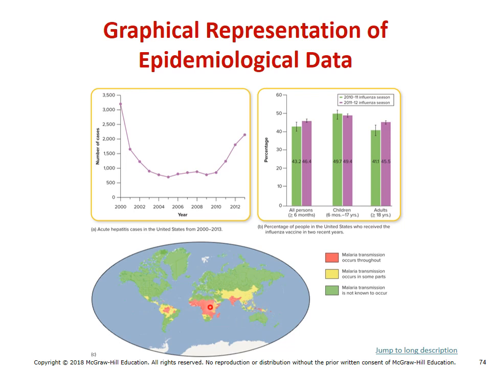Basically, red is bad, yellow is still bad, and then green means there's no real cases of malaria. But notice if we didn't graph this, we wouldn't pick up this trend that right along the equator we find the highest rates of malaria. And that's because really the cause of malaria is a protozoan, but that protozoan is carried by a vector that is a mosquito. That mosquito tends to live around the equator.